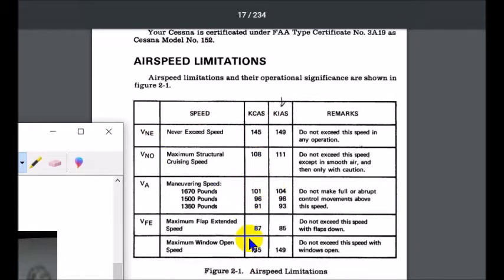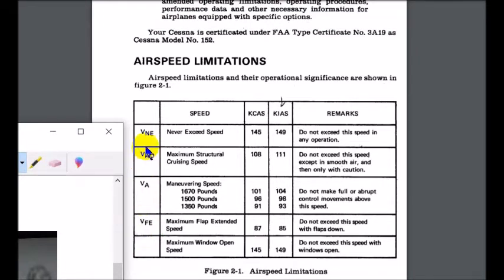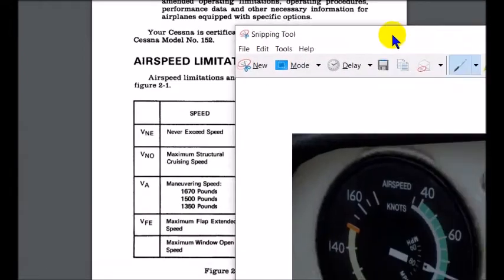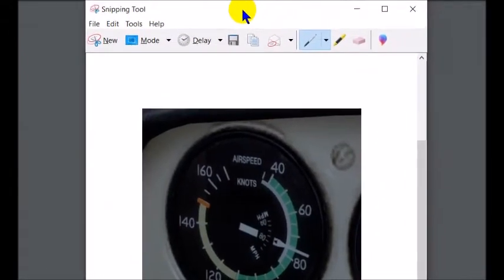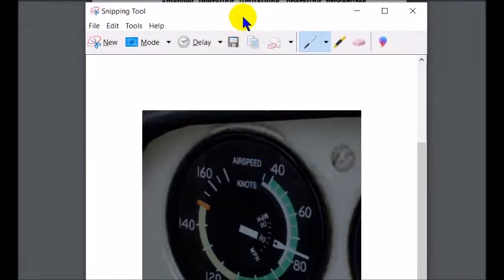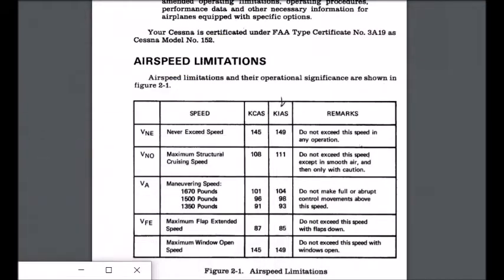So we have these V speeds. All right. V just stands for velocity. So we have V speeds. We have VFE, VA, VNO, VNE. All right. Let's start from the bottom. We have the bottom of the white arc. All right. Bottom of the white arc. The white arc would be your